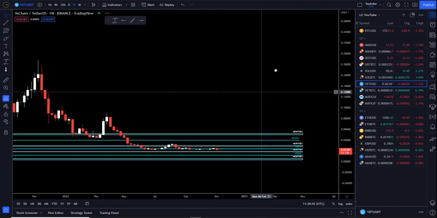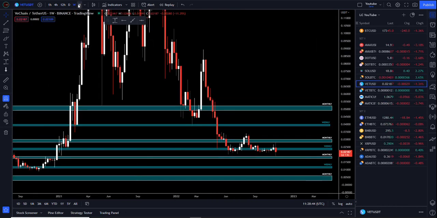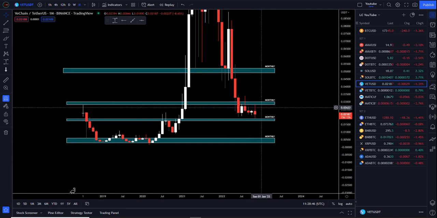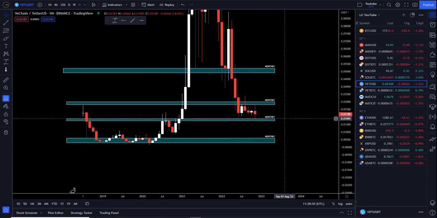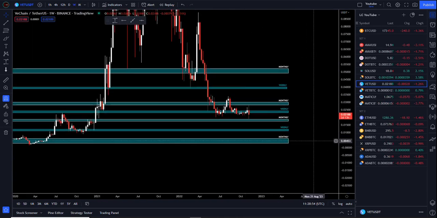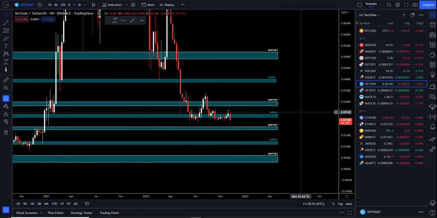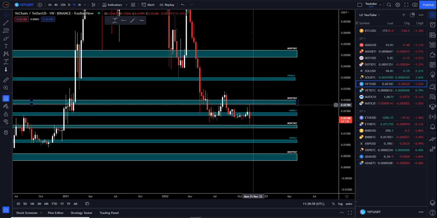VeChain, back to the weekly, or in fact let's go to the monthly. You can see lovely little tap of both the monthly support and resistance here from VeChain. If we go down to the weekly, we talked about taking profit on this 2 weeks ago, up at this monthly resistance range between, in USDT, 2.8 cents and 3 cents, and as you can see, it just wicked into that 2.8 cents